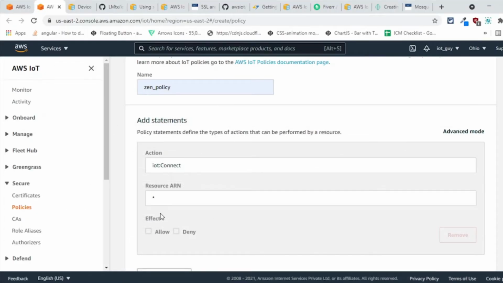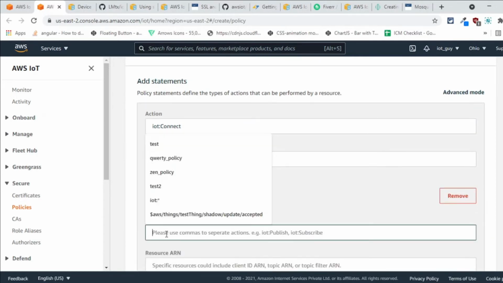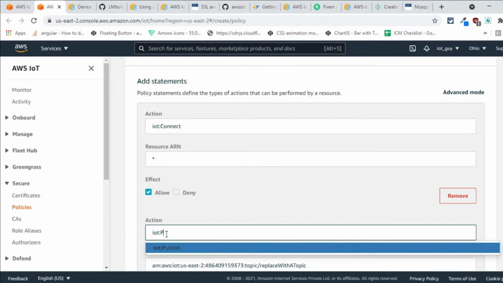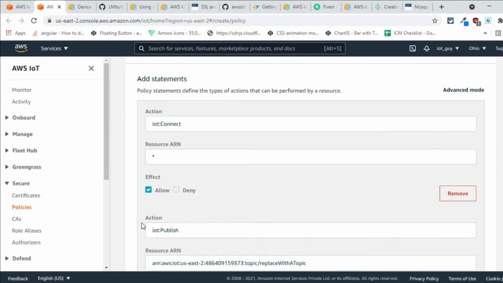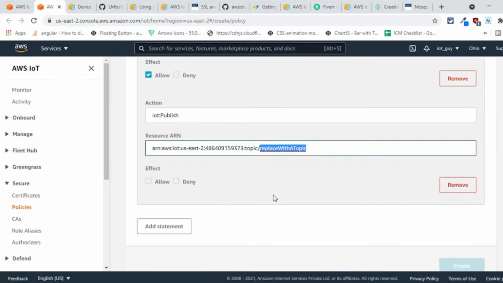So we are making it a star and making it allow. Make one more statement, IoT publish. So what topic to publish? Replace this with that topic. The thing name is Zen, so let's make it Zen/telemetry for publishing the